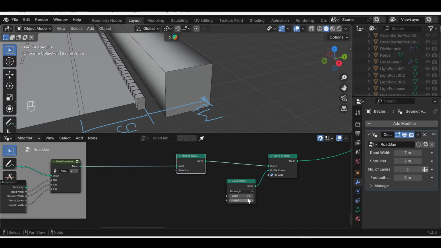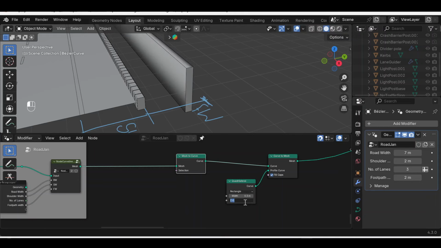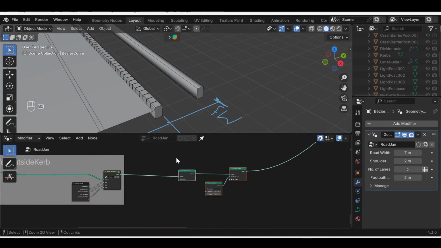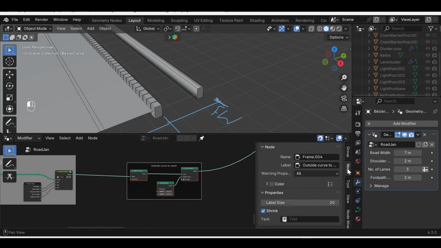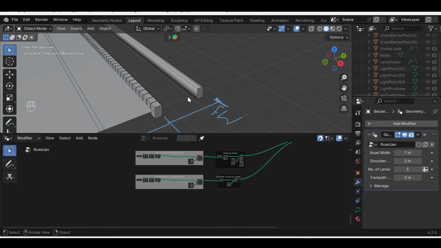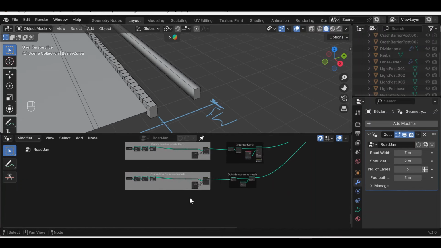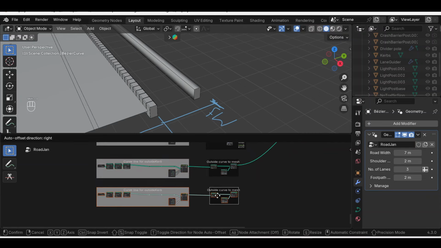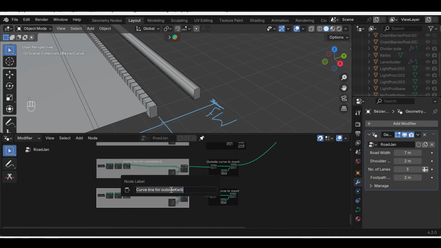Fill type, it will be 0.3 and 0.5. Control J and rename it outside curve to mesh. Let's make it bigger. So I need to make the footpath. So again I will use this Shift T, rename it curve line for footpath,